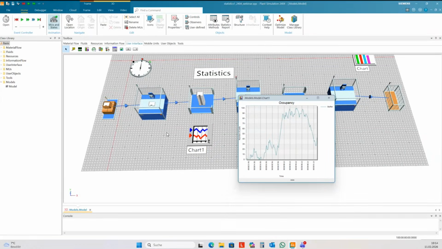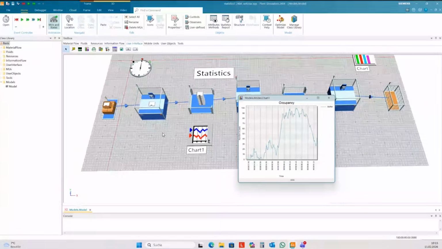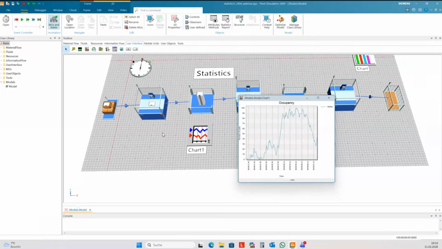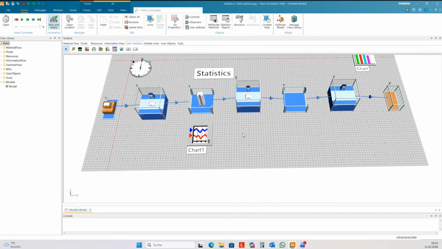And this you can use, for instance, to make calculations, to export the data to an external program, for instance, Excel, or to Python, or to Power BI, where you want to make your evaluations. And this you can do in the EndSim method. The EndSim method will be called at the end of the simulation.